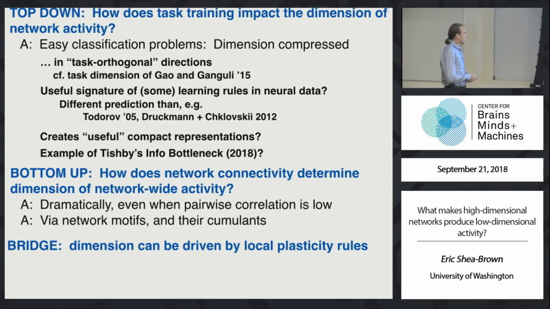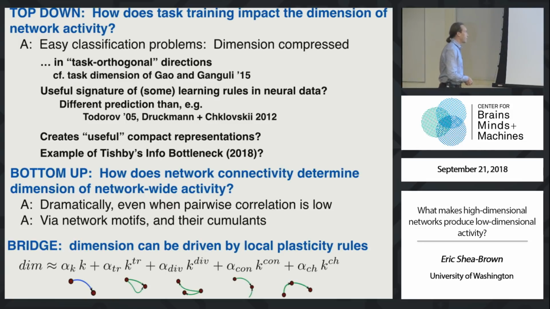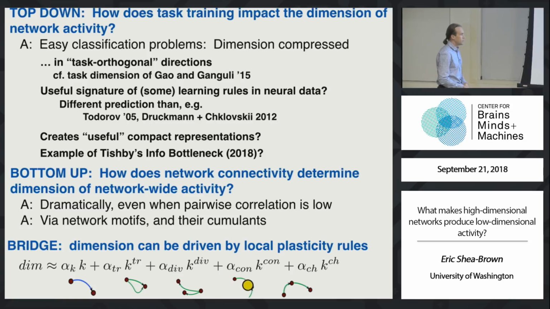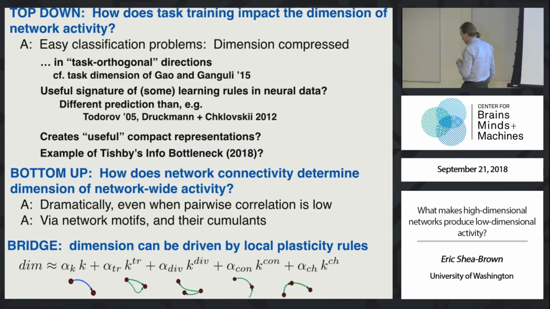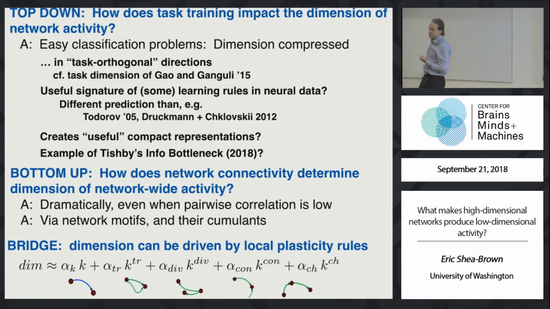I want to close by mentioning that I think there's a bridge between these levels of description that I'd like to leave you with. Remember, to the extent to which our bottom-up theory worked, we said that you need to measure only very local features of connectivity involving a couple, or maybe in EI cases longer chains, of connections among just a few cells. Well, it turns out that this local level is where a lot of plasticity rules actually operate. A hope is, therefore, that if dimensionality is something that actually matters, as per these 2 points, in terms of learning useful representations, it may be under local control, which could be driven by the type of plasticity mechanisms that we already know about.